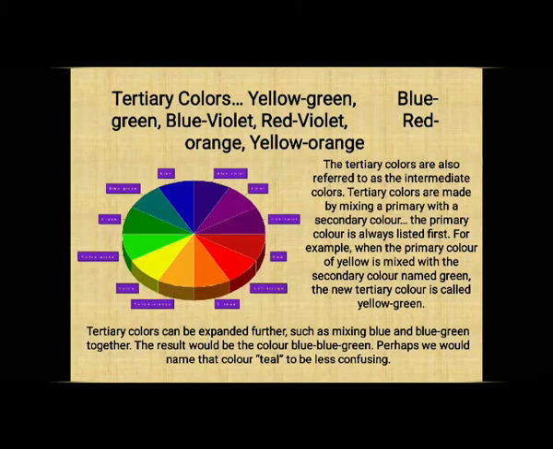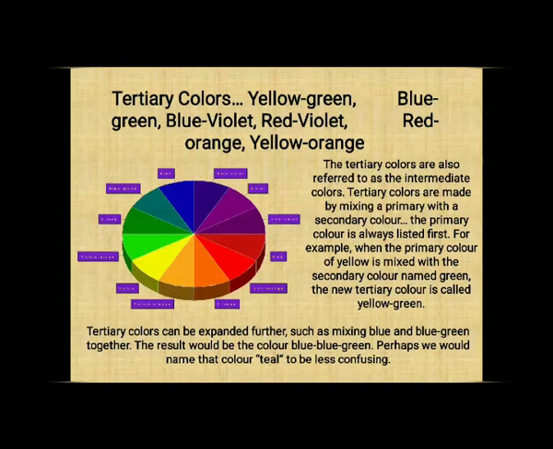These are the tertiary colors: yellow green, blue green, blue violet, red violet, red orange, and yellow orange. Two tertiary colors originate from each pattern.